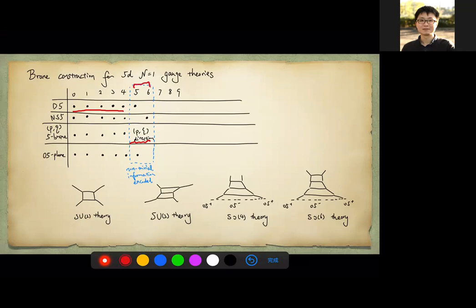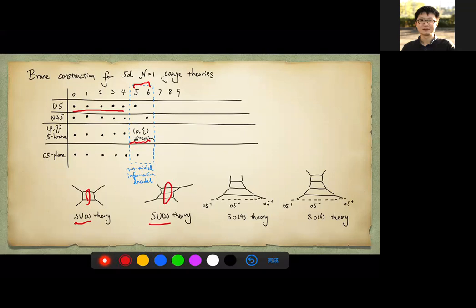That allows us to draw a picture of the brane configuration, and several examples are given below. If we do not put an orientifold in the construction, then we can read off the gauge group. For example, if we have 2 D5 branes, then we have an SU2 gauge theory, and if we have 3 D5 branes, then we get an SU3 gauge theory, and similarly,